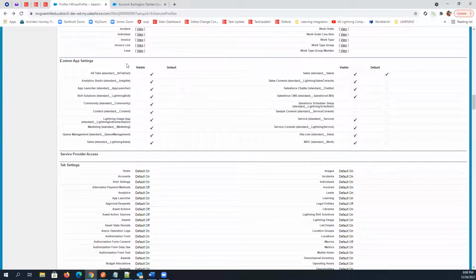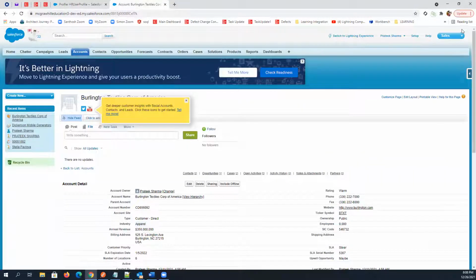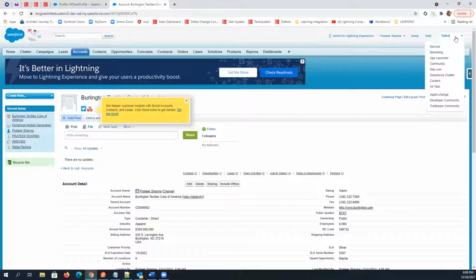Next is custom app settings. This is an important one. Custom app, right? So we have this particular drop down. We have discussed what these things are. Anyone? We have already discussed this drop down, right? These are different applications we have in the organization.